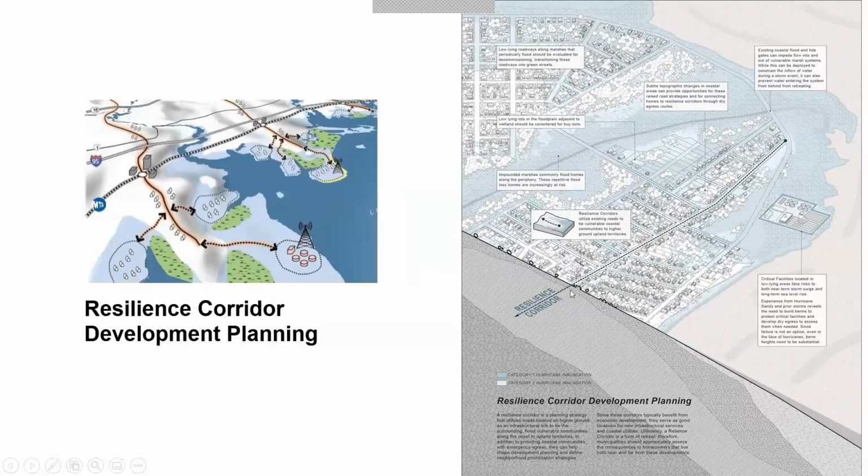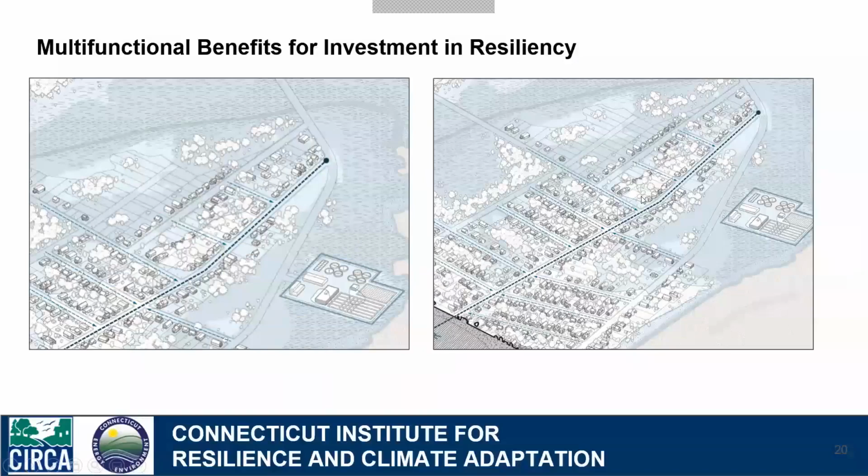But if there were a recognition of the potential for investment that also went into this as a resilience corridor, the investment for the critical facility could serve multiple benefits, providing a road that could provide feeder access to multiple homes throughout this area. So the benefit in terms of this resilience corridor and multifunctional value is that not only could a raised road strategy serve this critical facility and provide egress, but the homeowners could individually make choices about raising, which a raised road could help support the value of that investment.